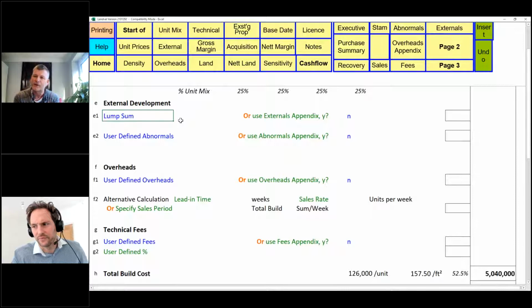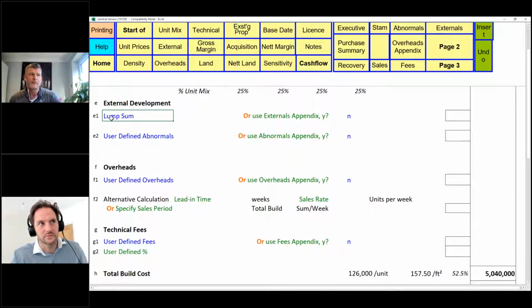The soft market research is what's coming to the market at the time of your scheme. How many units have been developed in the area? Those are real challenges, and that's where your gross margin is going to really help you or not.